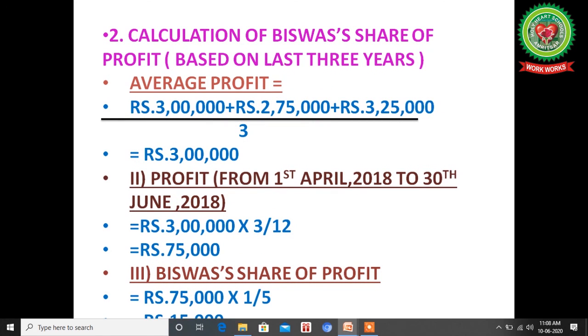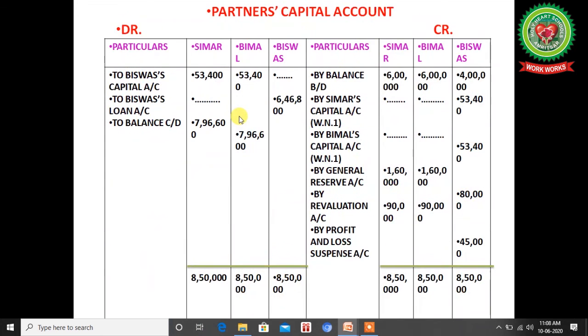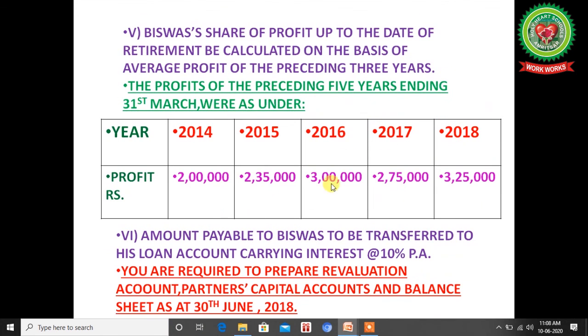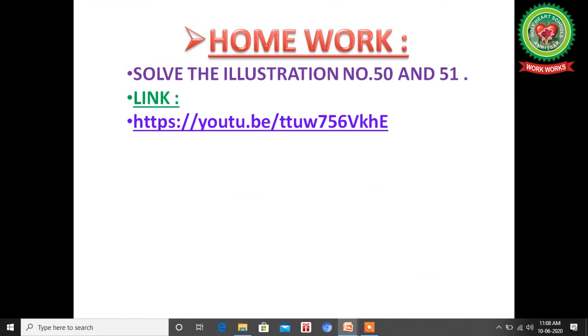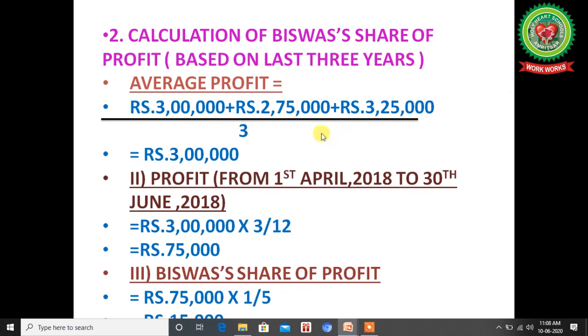Now the next point is calculation of Biswas's share of profit based on the last 3 years. If it is on the last 3 years, then see the last 3 years in the statement: 3 lakh, 2 lakh 75,000, 3 lakh 25,000. So in this way, 3 lakh, 2 lakh 75,000, 3 lakh 25,000 divided by